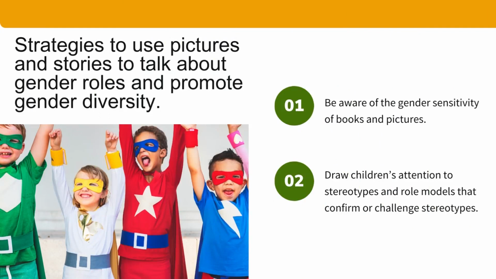You can draw children's attention to stereotypes and role models and help them reflect on gender. Help children become more aware of books, posters, illustrations, or characters that confirm or challenge stereotypes and draw their attention to this. Display examples of non-gender conforming individuals or examples of cultures where gender is expressed differently than in traditional binary, female or male terms. Encourage that children can do or be or like anything because they are individuals with hopes and likes and desires. This is not because they are boys or girls.